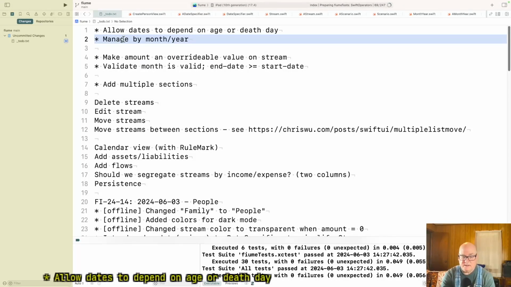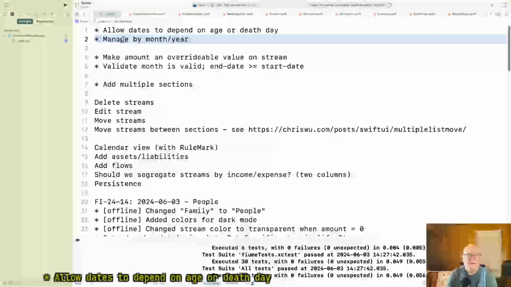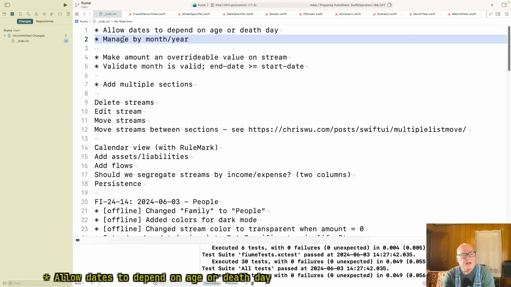I'm, yeah, I'm not sure what to do there. It seems like you would want to manage by date. I mean, month numbers just don't, we don't think about our calendars that way, really.